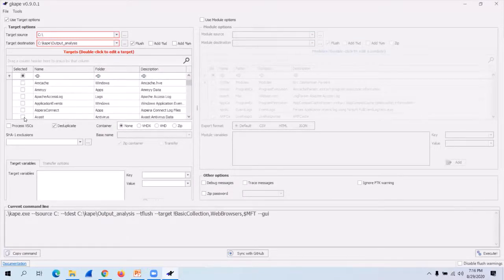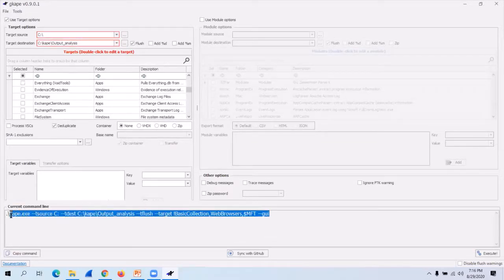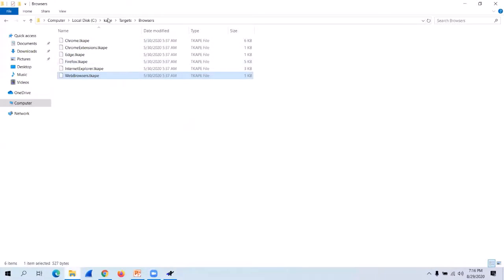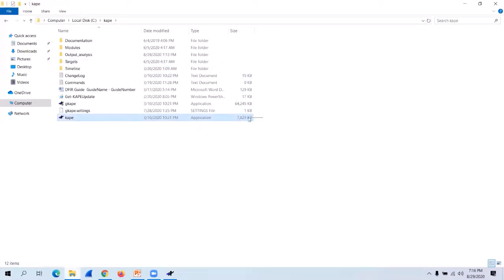It's just click, okay? And there is also a hack to make your life easy. You can copy this particular command line, and if you place this cape.exe, which I will show you later, it's in the main Cape folder. It's only 7 MB.